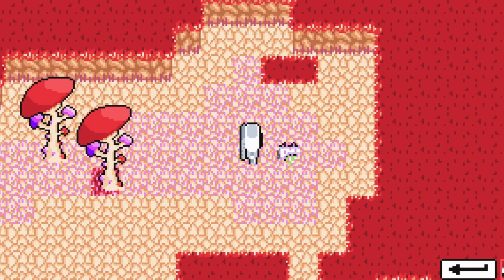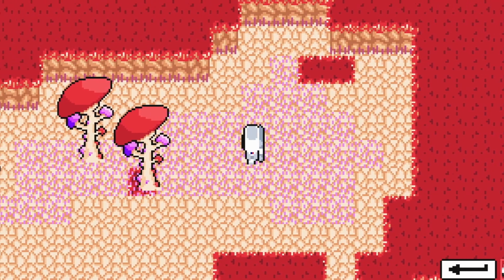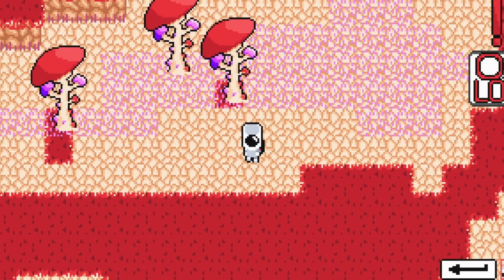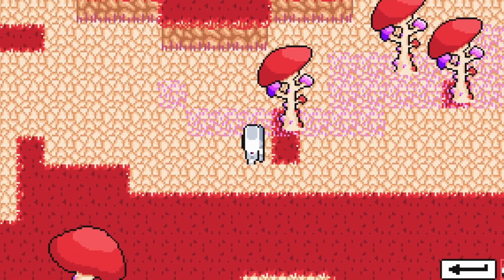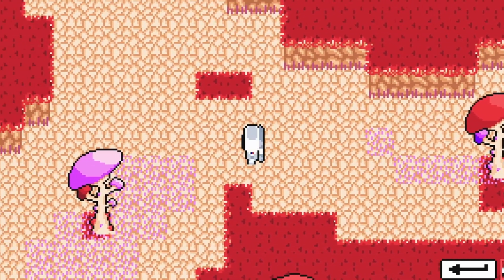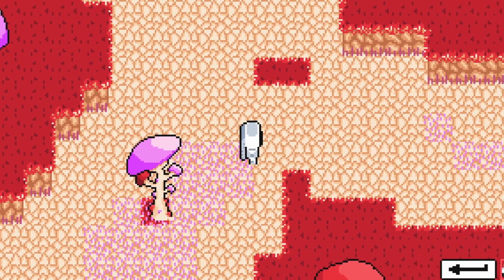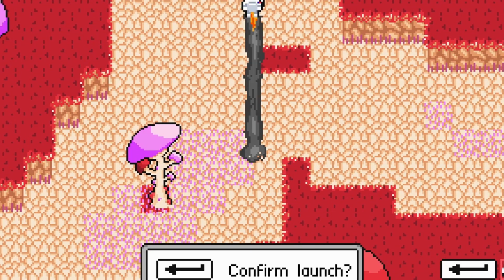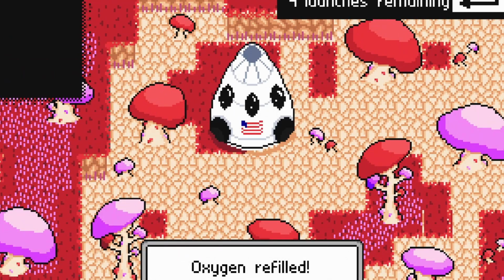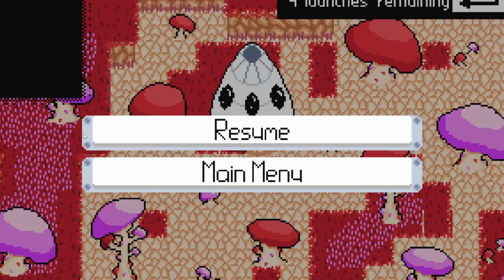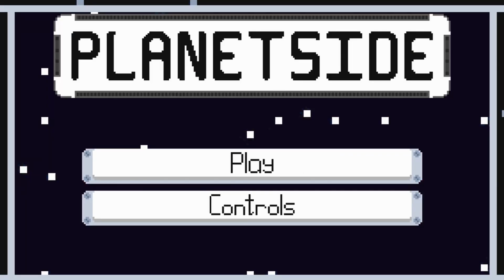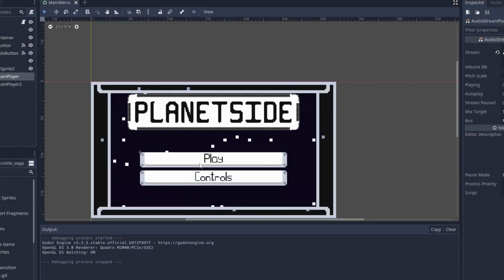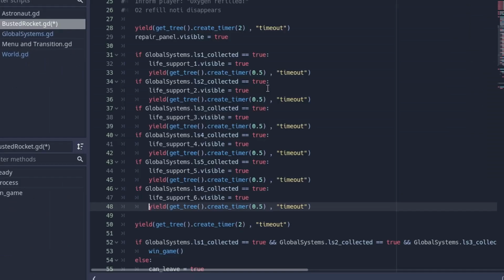The other change I would make is putting the oxygen warning at a higher amount. The tension I could create by having it go off at 50% tank level would be much better than knowing it's almost out. The value I used in the final game was 20%, which amounts to 20 seconds at the very most and 10 at the least. 50% would also allow the player to time the first half and take their expedition right up to the wire. But the warning system turned out pretty solid, and I like how it is in the final product.